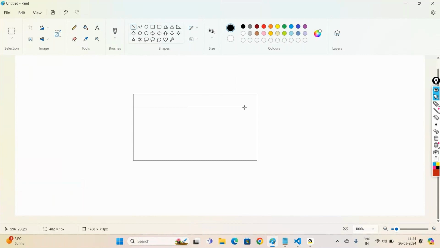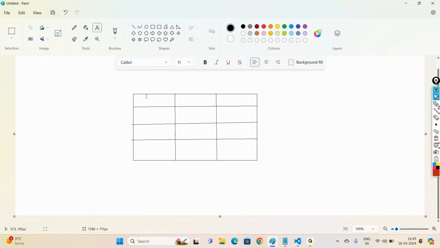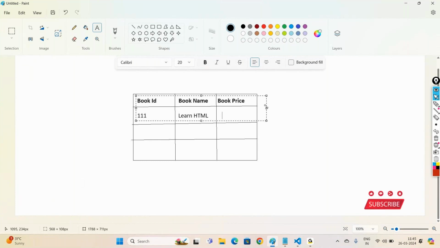For example, here we are going with a table with the rows and columns. Now, in this one, this we call it as a table. Here, we go with the content, like the headings of your table, like book ID. I want to go with bold here, so we'll say book ID, book name, then book price. This we call as the table headings. So under this, we want to go with the data like book ID 111, book name, learn HTML, book price, some 500, then book ID 222,